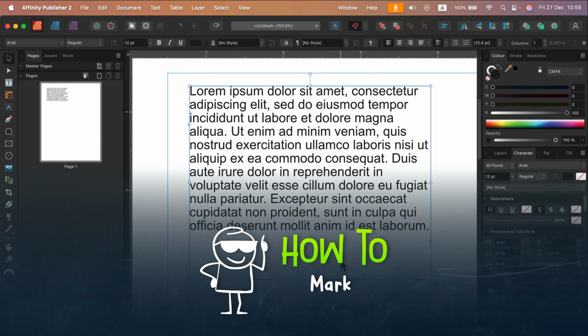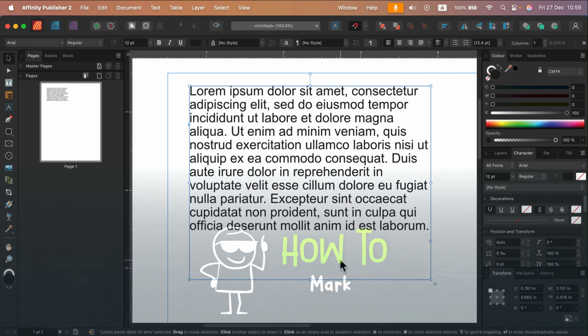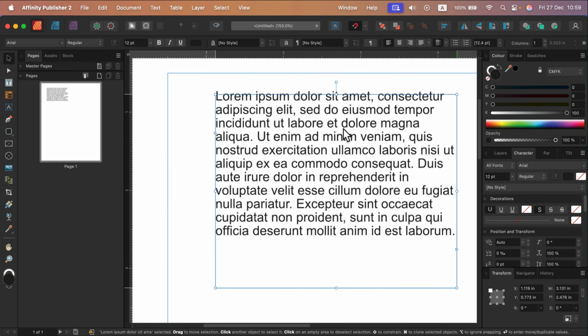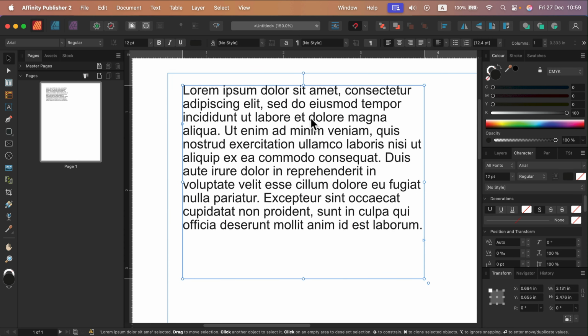Let me show you how we can add bullet points to our text frame in Affinity Publisher. So here's my text frame. I pasted some text into it already, and now I want part of it to be a bullet point list. If you select only part of the text and then try to apply the bullet point here from the top menu,